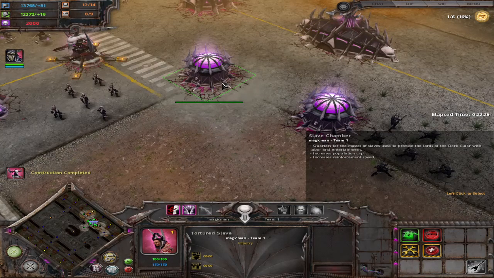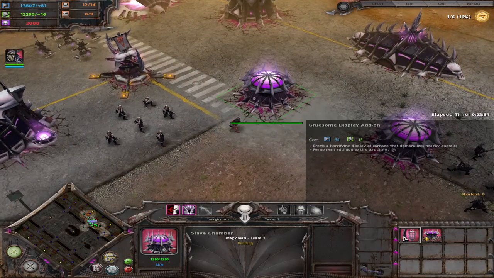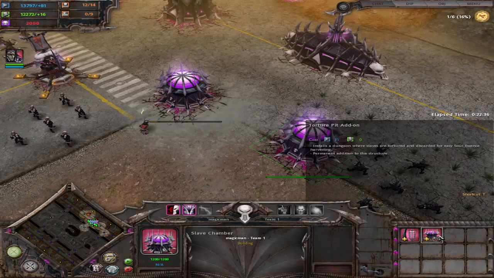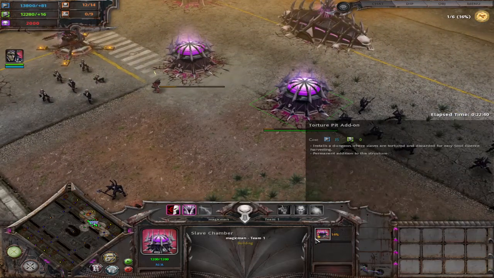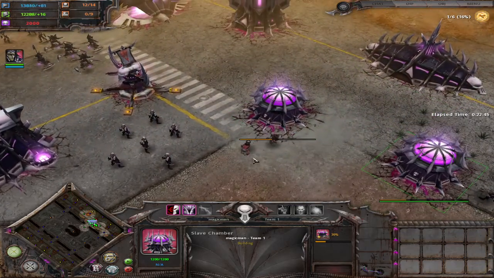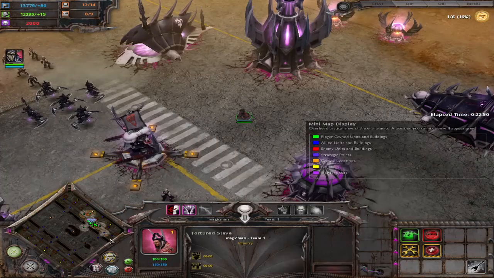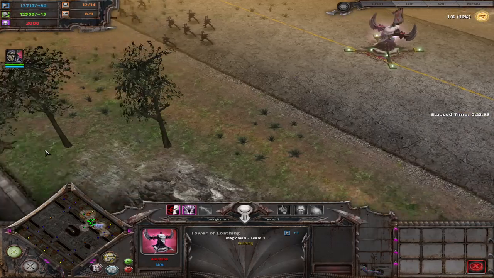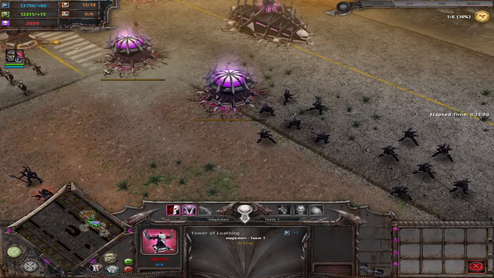So I'll go ahead and upgrade. I'll upgrade this one. So this is the first upgrade. I'll go ahead and click on that and talk about it. And this is the second upgrade. And I'll talk about that for a second. They're both really cheap, so you might as well just buy them. They're extremely cheap upgrades. While these are being upgraded,